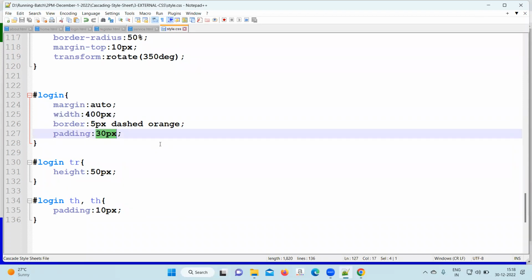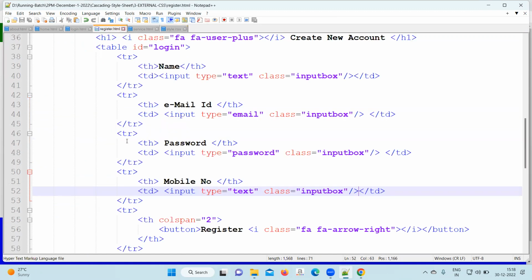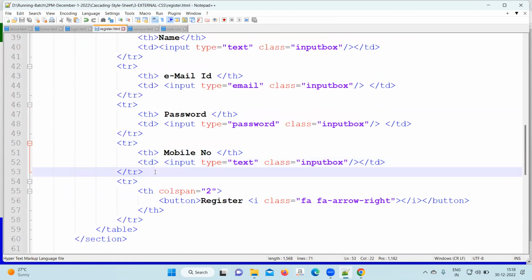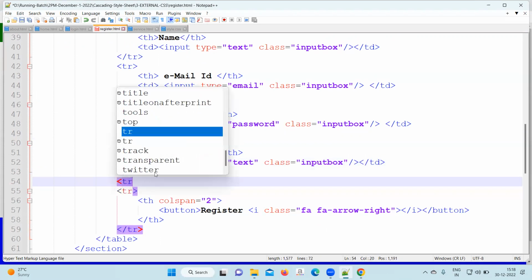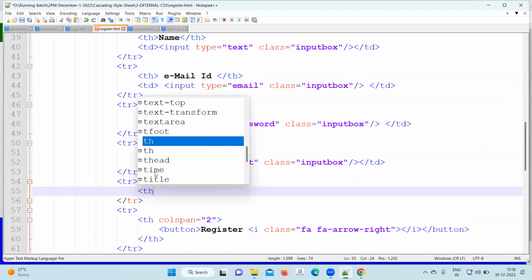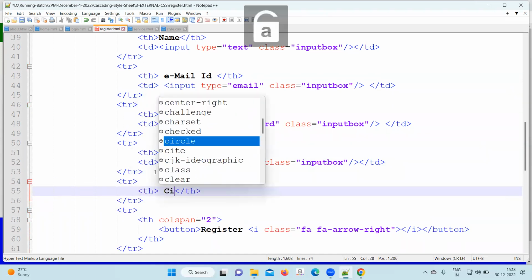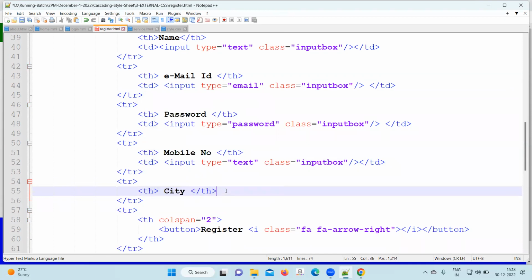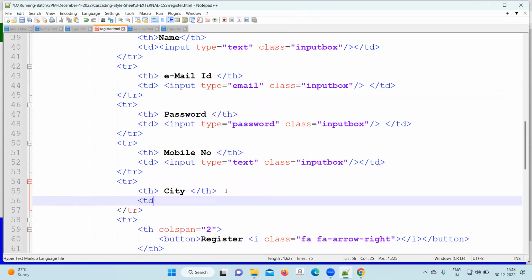Again, we'll come back to the HTML register file to add the city and text area. After the mobile number, you need to add one more TR, then the TH called city, the TD called select, open, close,